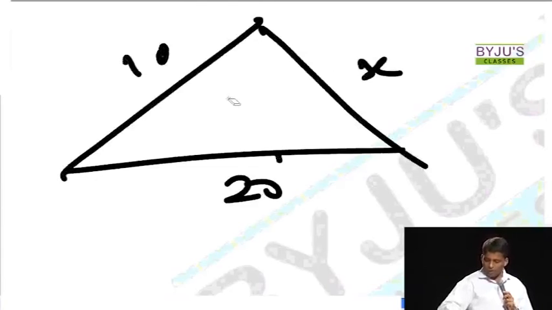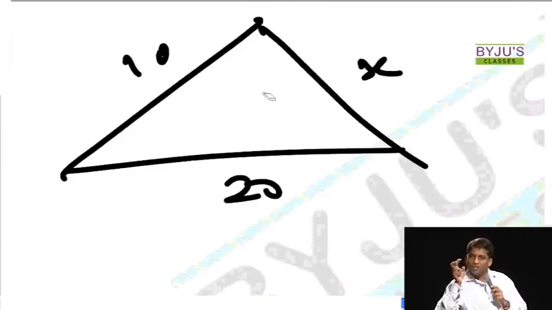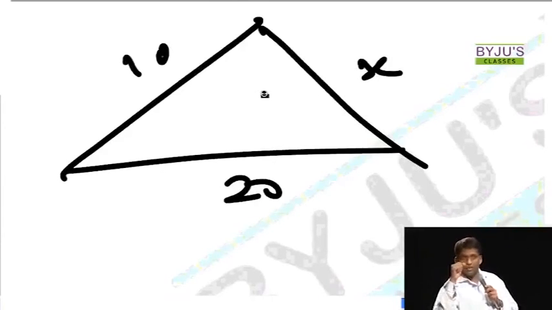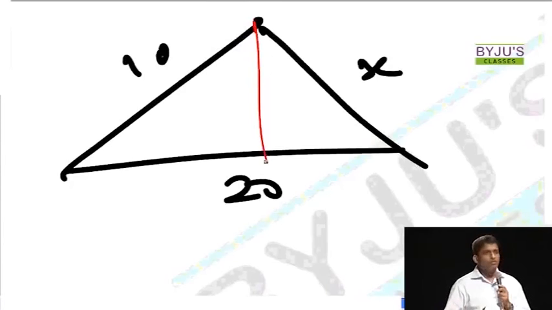Dropping a perpendicular is what people don't even think of, because it's very difficult. When we know that, there is nothing much we need to expect. In a triangle, there are only a few lines which we need to drop: altitudes, medians, perpendicular bisectors, and angle bisectors. And nothing else. At the level at which you get questions, you don't need to expect anything else. Think of all those lines, and this will become a direct question. It's not an easy one, but it's very easy now.